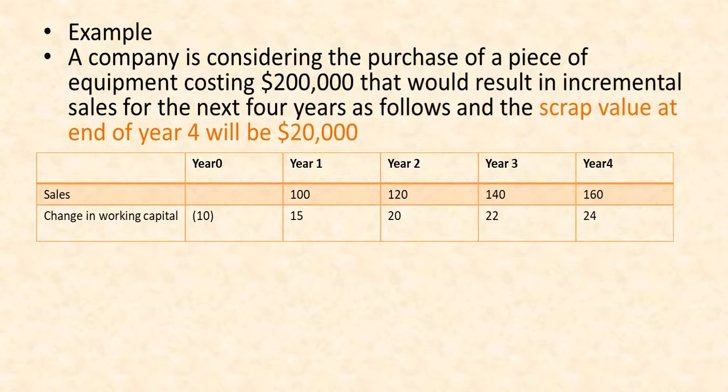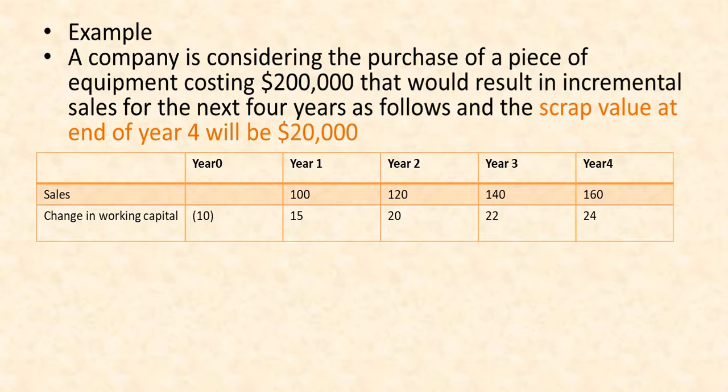Now remember when I told you about the relevant cash flows? The relevant cash flows consist of incremental sales we will have by purchasing a piece of equipment. So in this we have year 0, that is the starting of year 1, the end of year 1, year 2, year 3, and so on. Now the project duration is 4 years. How do I get to know that? Because the machinery will be of scrap value at the end of year 4, right? So the life of the project for which we will calculate NPV will be 4 years.